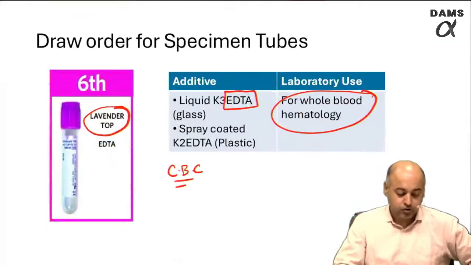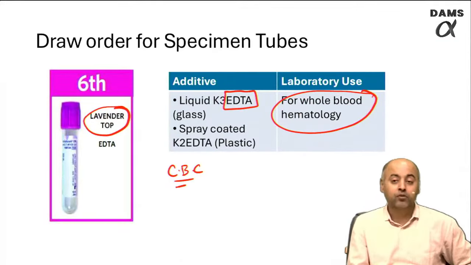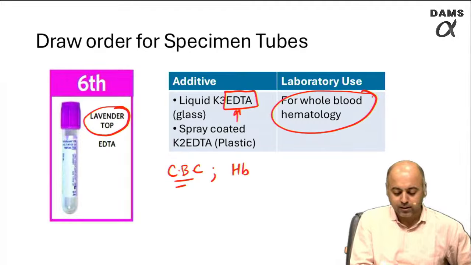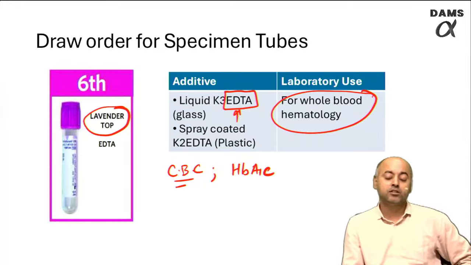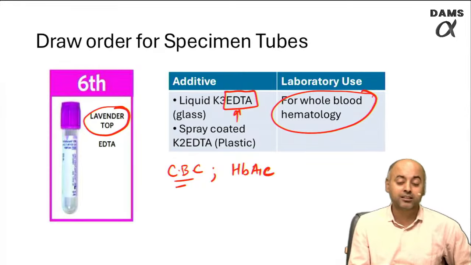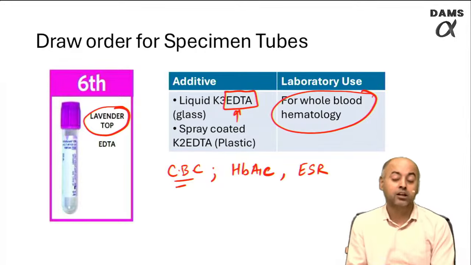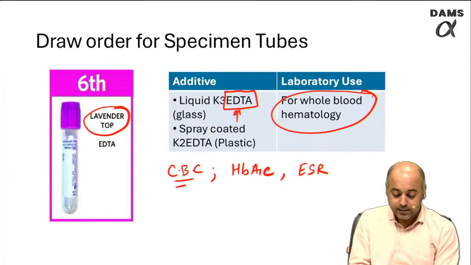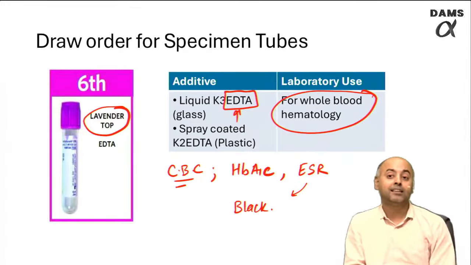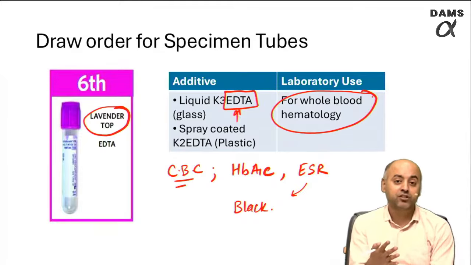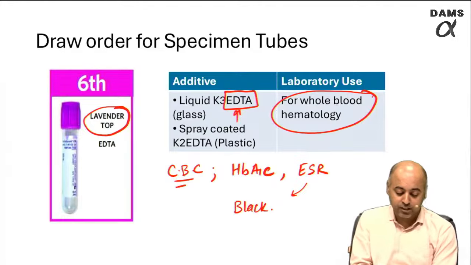All right. So we're talking about the complete blood count, and for this we use the lavender top vial where EDTA is present. Please also note that HbA1c is also estimated in the sample in the lavender top vial, and ESR estimation is also done in the lavender top vial. The ESR previously was being done in sample collected in the black top vial, but now in our country most of the laboratories have shifted to the updated method for testing of ESR, where the lavender top